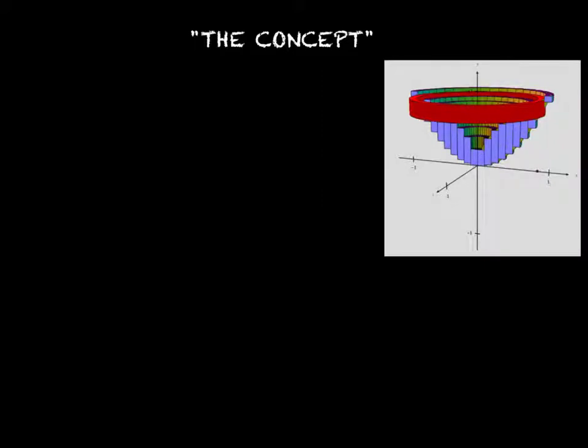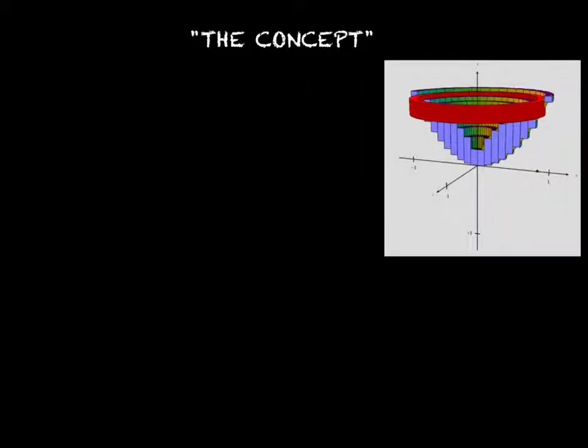What we're going to see is that one of the values of the shell method is that it enables you to always integrate with respect to x, because the representative rectangle that you draw for the shell method is going to be parallel to the axis that you're rotating it around. So let's see if we can sketch,